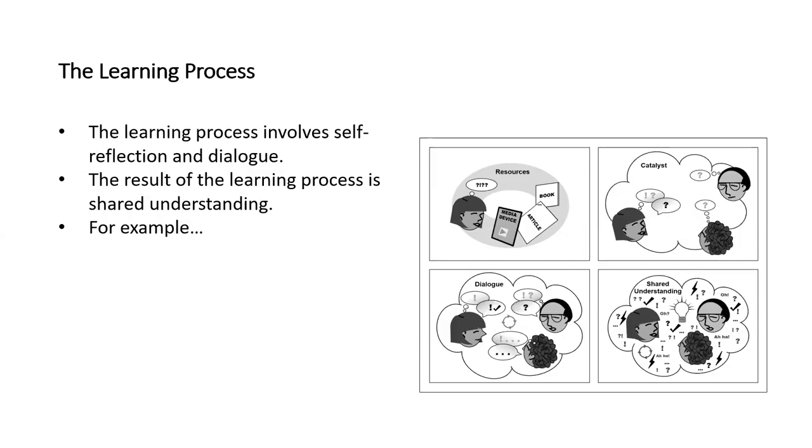So let's make this a bit more specific again with an example. Think about the last time you learned something new. Maybe you decided to acquire a new skill during the pandemic, or maybe you were introduced to a new idea in a book or article. It's likely that you probably had some questions about the new skill or idea. So what did you do? Well, if you're like most adults, you probably turn to the internet or some other source of information for answers. However, unless the skill or idea was purely factual, that method of answering your questions probably left you unsatisfied.